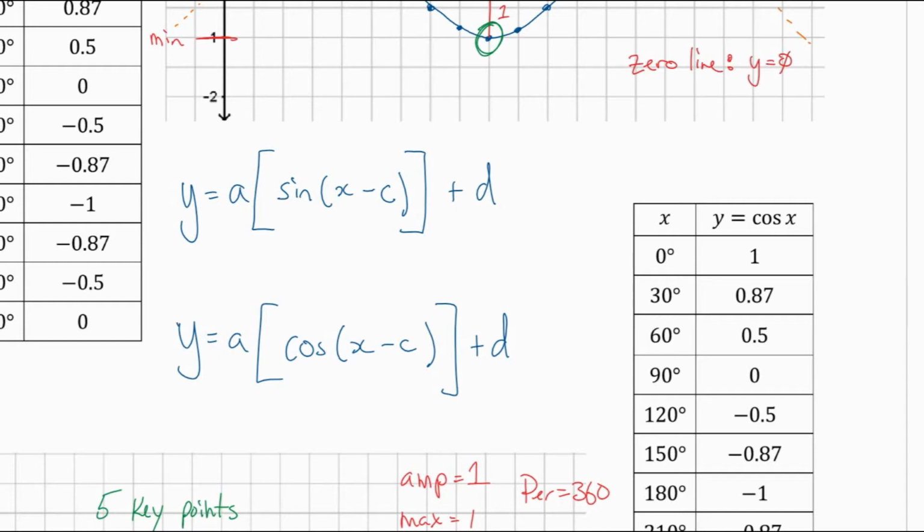I think it's really important to go to the Desmos activity and complete it before you move on and do any paper practice, okay? And I'll talk about the other technology activity that I have at the end of the lesson. So if you want to try to figure it out yourself, pause now. Otherwise, I'm going to talk about the A, the C, and the D with a bit of a different